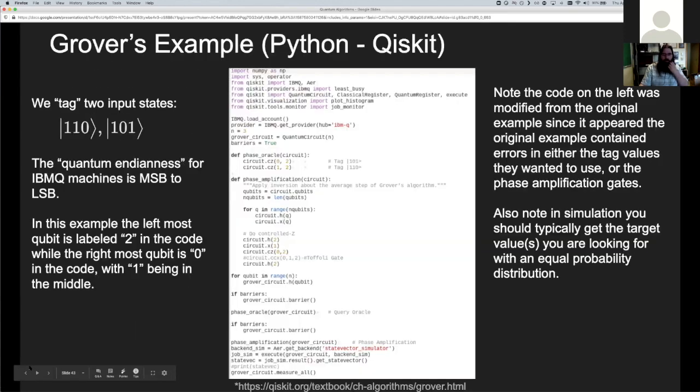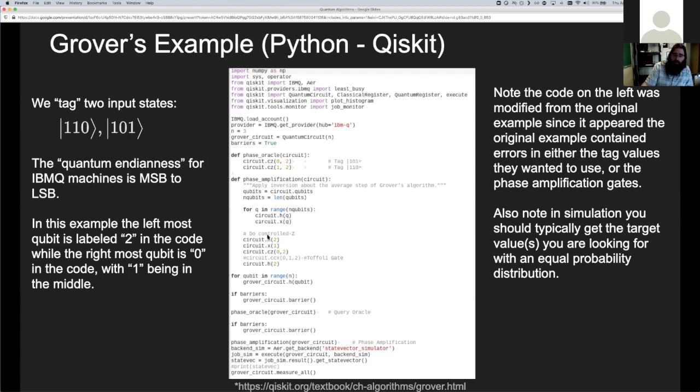But I'll go over the code pretty quickly here, and you guys can obviously check it out on your own, it'll be on GitHub also. So import stuff, load it in our account. We have the Grover circuit, we build that. We have a phase oracle here where this is actually where we're tagging the actual value. Then we have our phase amplification, where we're applying Hadamard, we're applying X, and then we're doing a Hadamard again,